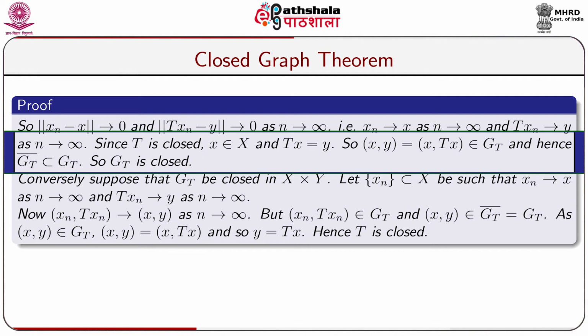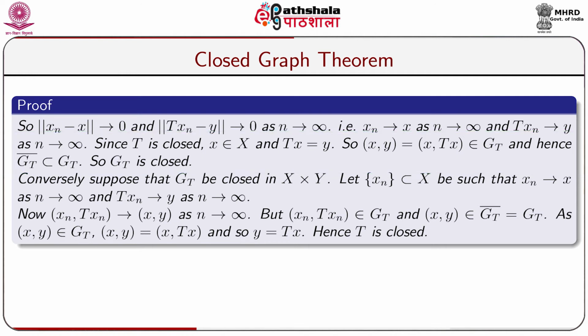So (x, y) is equal to (x, Tx), which is an element of the graph of the operator T, that is, (x, Tx) belongs to G_T, and so (x, y) belongs to G_T, and hence G_T bar is a subset of G_T. Also it is obvious that G_T is a subset of G_T bar, and consequently G_T is equal to G_T bar,